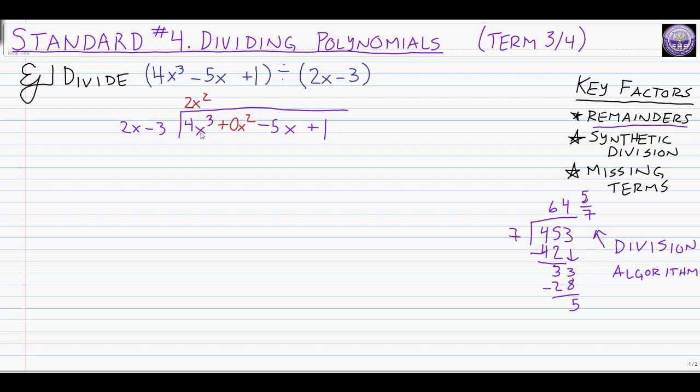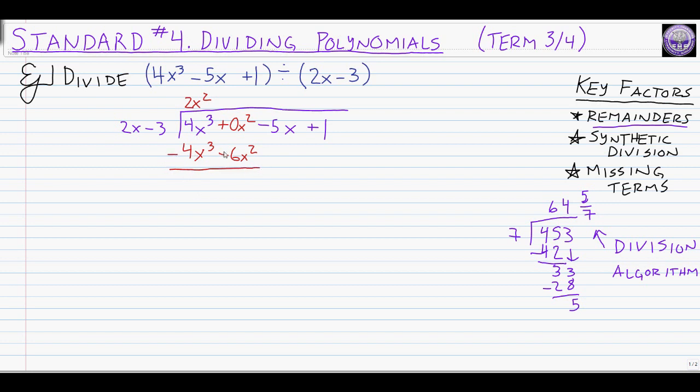And now, of course, we need to actually get down here and start breaking it up and iterating so we get to another piece. So first, 2x squared times 2x is 4x cubed. We expected that. This is just like the step we did here where we said 6 times 7 is 42. But then we didn't just have to multiply by 2x, we had to also multiply by negative 3. So 2x squared times negative 3 is negative 6x squared. Draw the line,